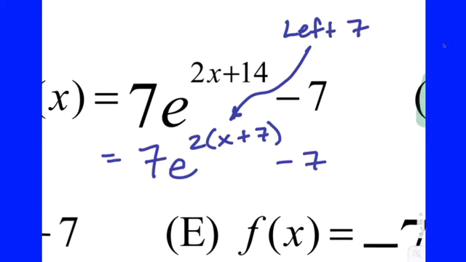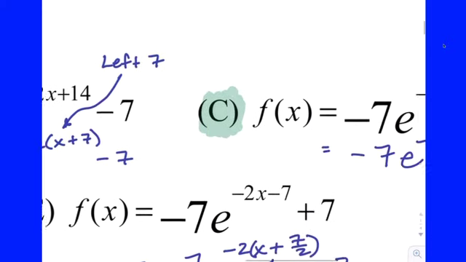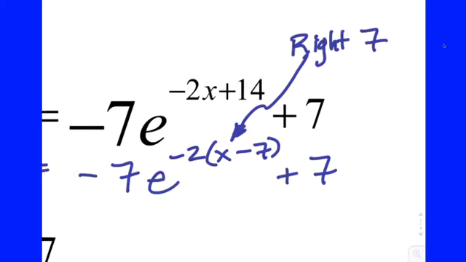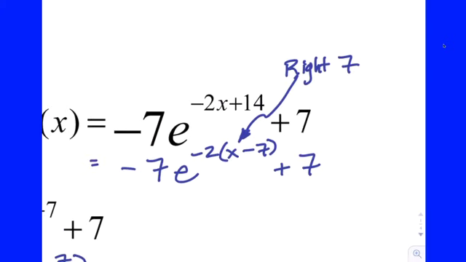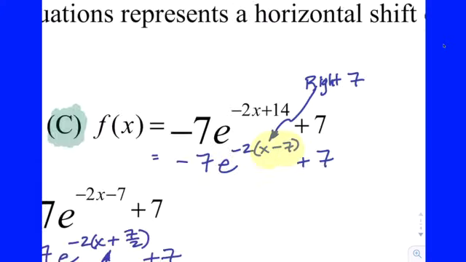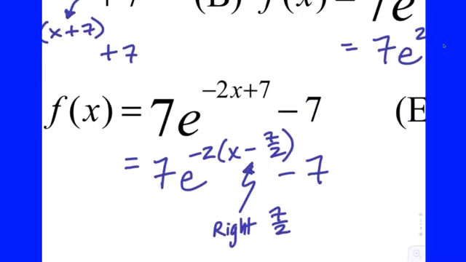Again, that's left 7, so that's not going to be it. Letter C, you factor out a negative 2, and it changes both signs. You're left with x minus 7. And you're like, oh boy, that looks like that's the answer, right? But you know good test-taking strategies. If you get to the right answer at C and there's still 2 answer choices left, you should check them, right? Because you could have made a careless mistake. So let's just do that.